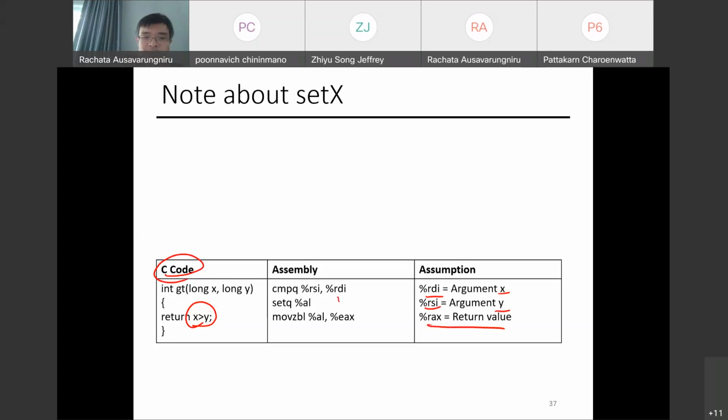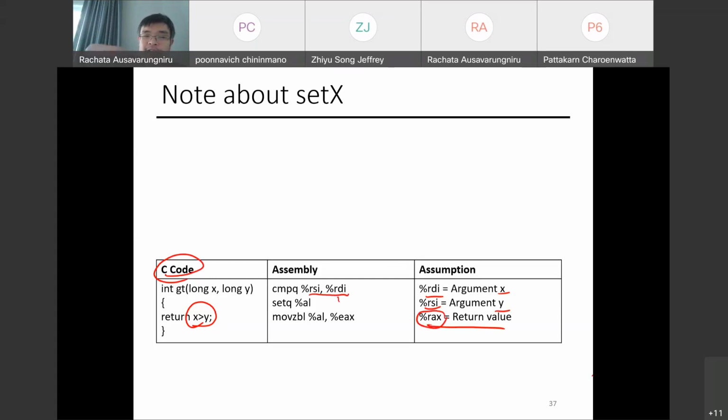So I would first compare RSI and RDI. But because I want to return the result of X greater than Y to RAX,